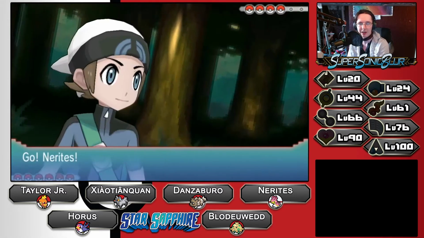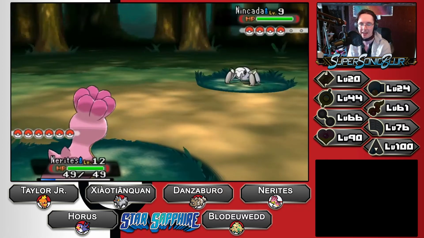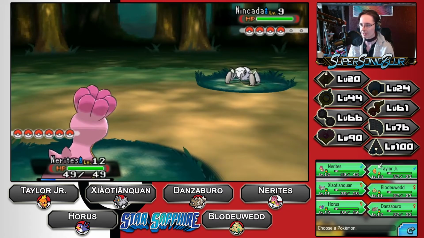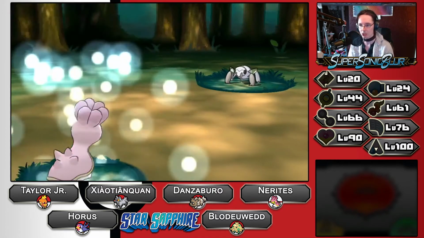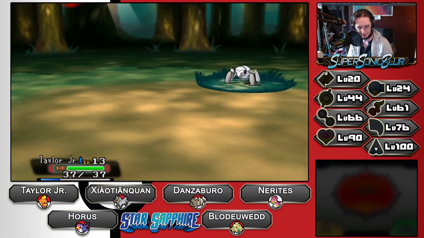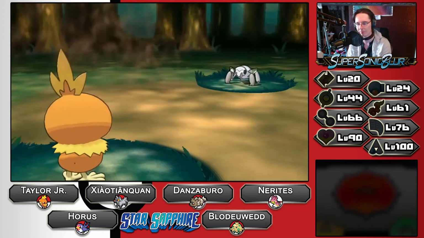Leading with the Nincada: Compound Eye's abilities, Scratch, Harden, Leech Life, and Sand Attack are its moves. So, definitely something that I would like to avoid fighting for a while. Should I have turned on the XP Share? Yes, I should have. Did I forget? Yes, I did. Still though, Taylor Jr., Sand Attack, oh, you...